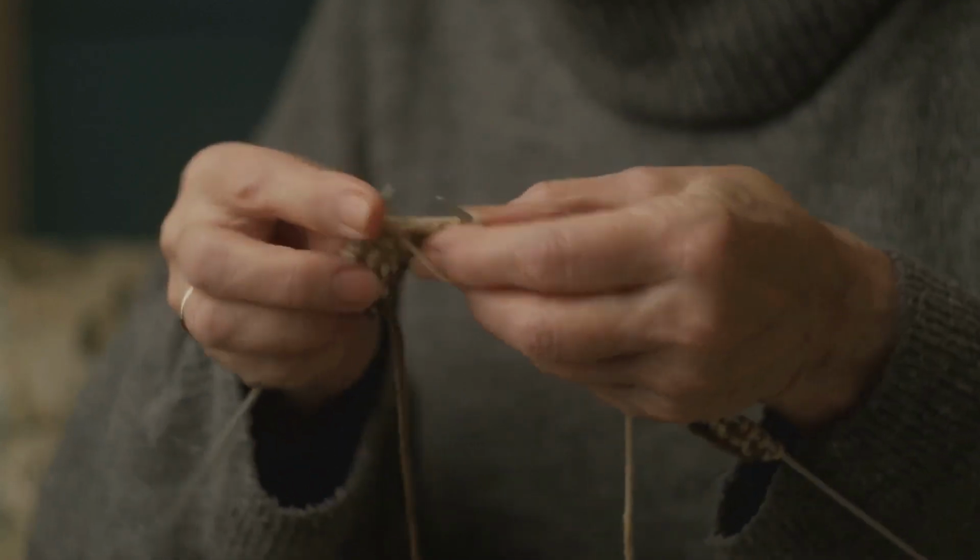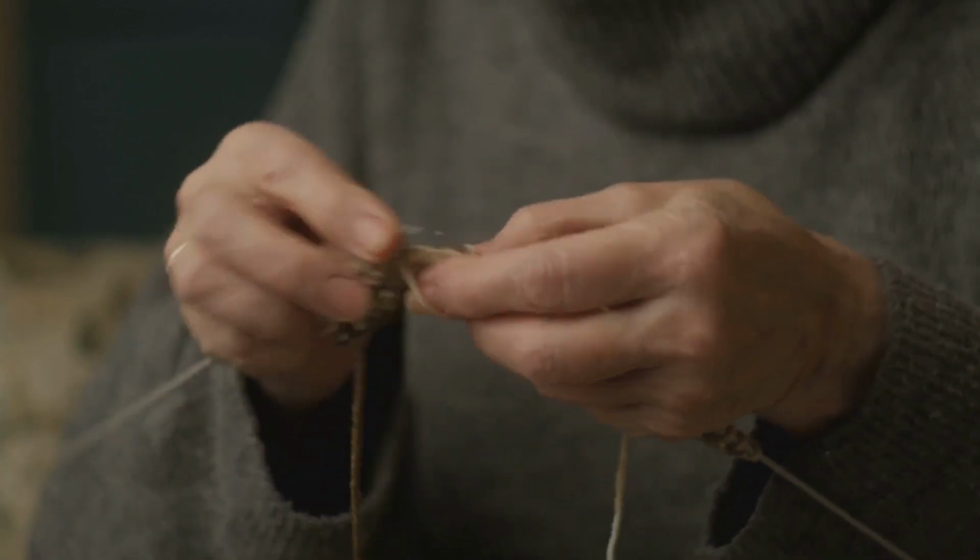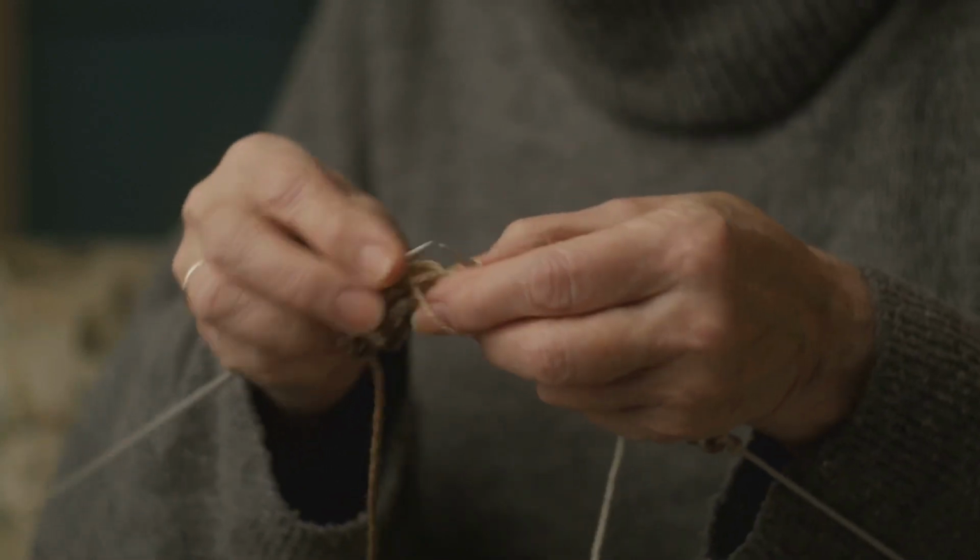Whether you're an experienced knitter or a novice enthusiast, the world of Norwegian knitting offers a timeless tradition that continues